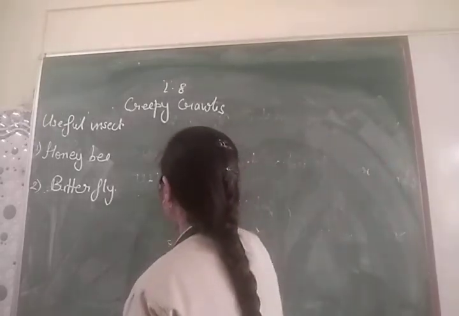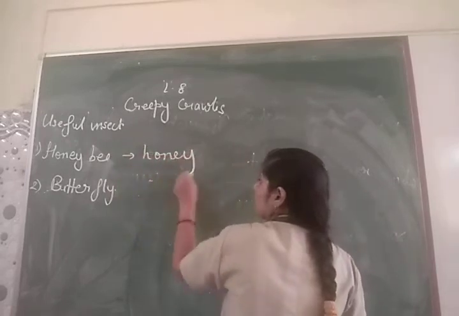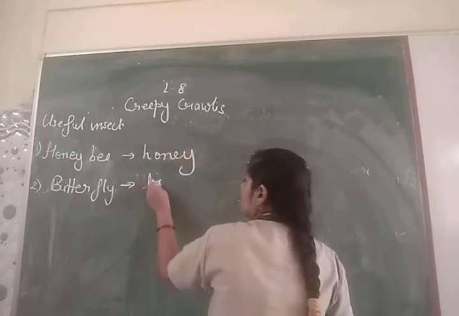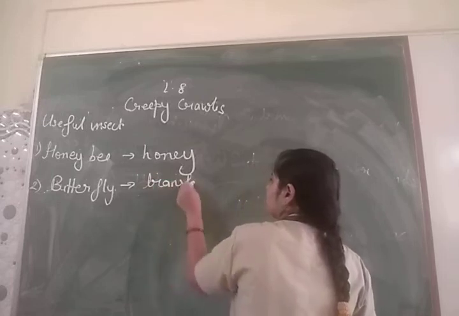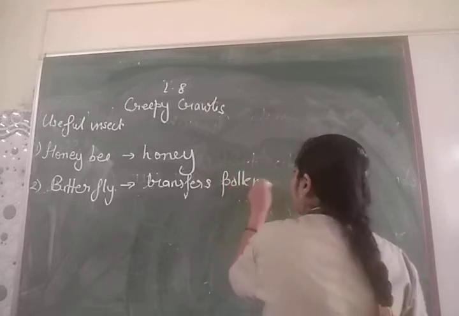So I am writing the function also there. The honeybee gives honey, the butterfly transfers pollen grains,